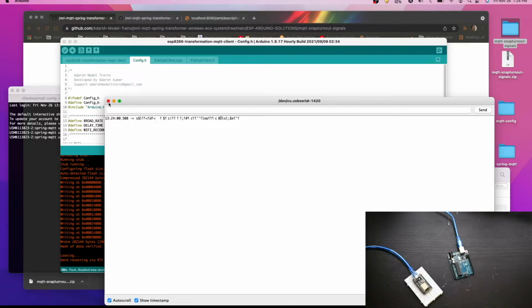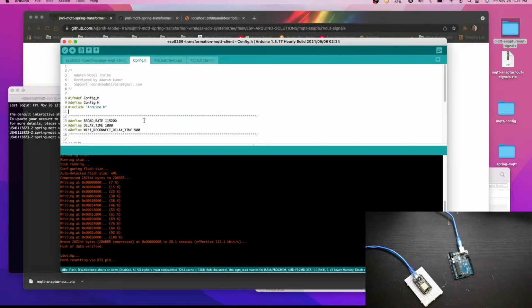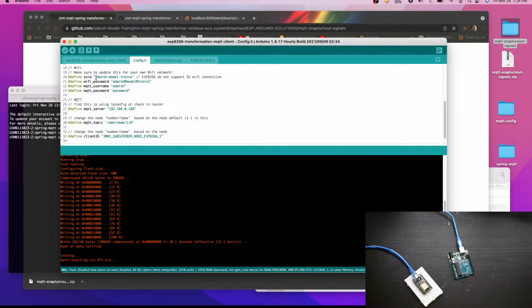Once we start the network for this Adarsh model trains, it will connect to that, and at that time I'll show you. What I'll do is I'll just connect. I'm starting the router. I have started the router, and here I should be able to see.